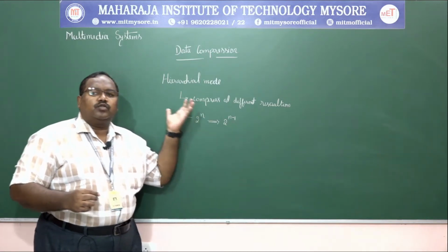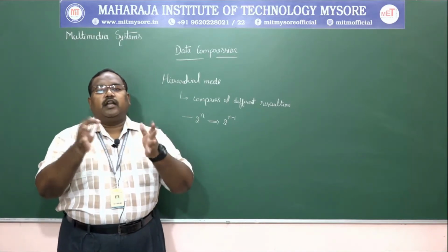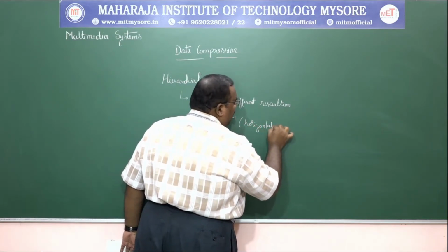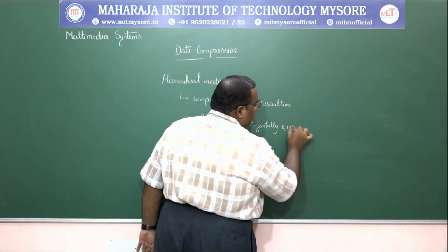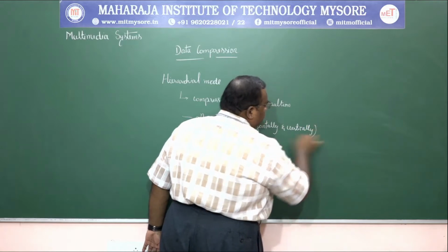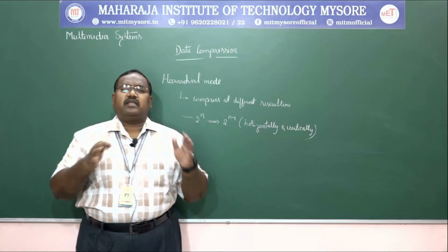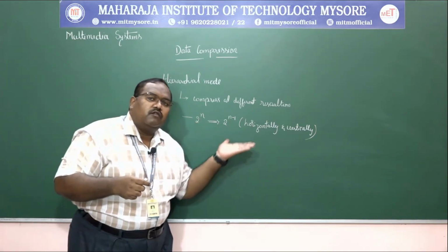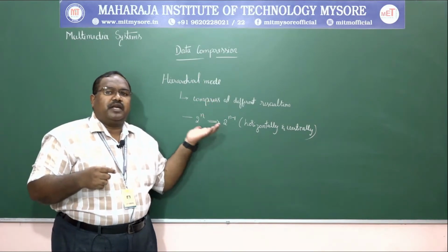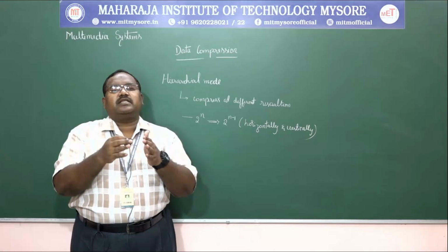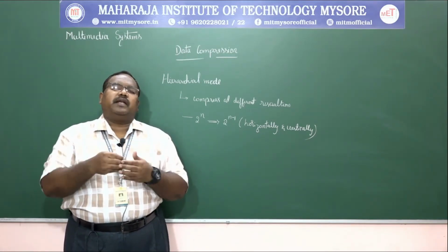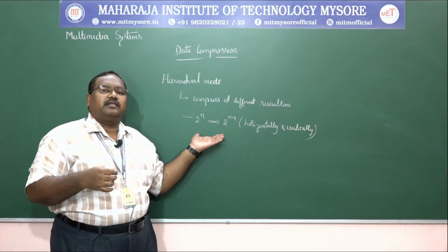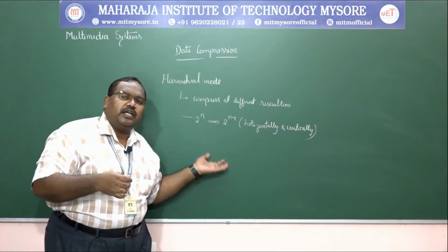Then it is reduced by a factor of 2 to the power of n minus 1 vertically and horizontally, which means the image has to be reduced horizontally and also vertically. So both have to be done. Then the previously compressed image is put forth for subtraction, which means the previously compressed image is subtracted from this new image and the result is once again compressed. This process is successively repeated, generating the image as 2 power n and again reducing it to 2 power n minus 1 and subtracting it from the previously generated image, and this process continuously goes on